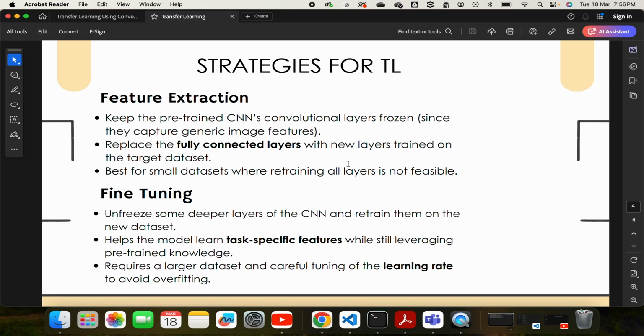And the second strategy is fine tuning, where you unfreeze some deeper layers of the CNN architecture and retrain them on a new dataset, and it helps the model learn new task-specific features while leveraging pre-trained knowledge. And this strategy is used for a larger dataset where careful tuning of the learning rate is required to avoid overfitting. So coming back to the paper,